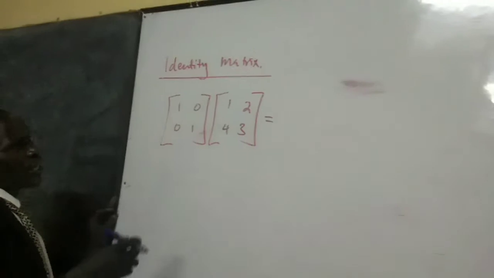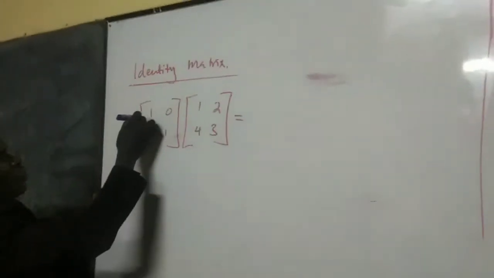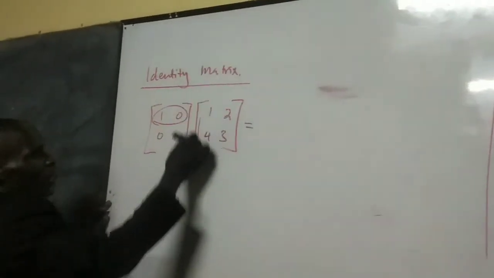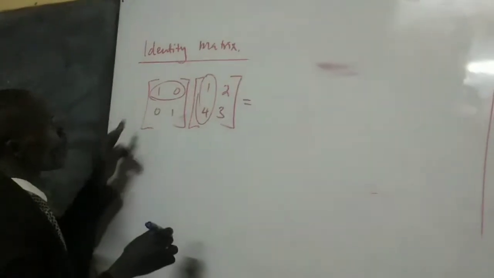Now, today we want to look at the identity matrix. We want to find out what nature of matrix this is. Now, we have the matrix [1, 0; 0, 1] multiplied by the matrix [1, 2; 4, 3]. When we multiply matrices, we multiply a row by a column, and therefore we'll have